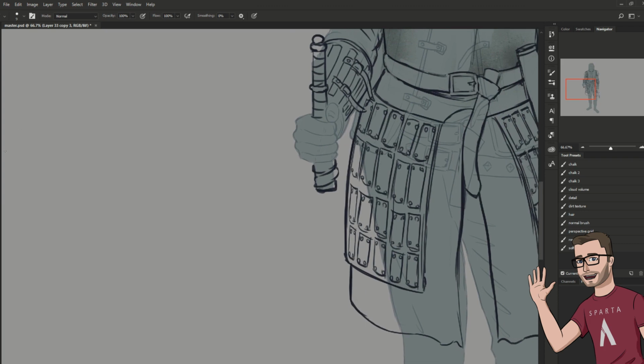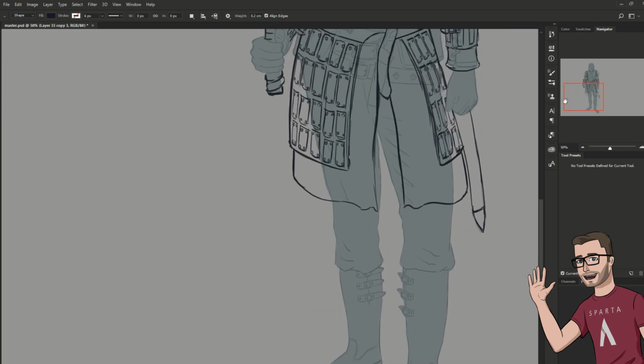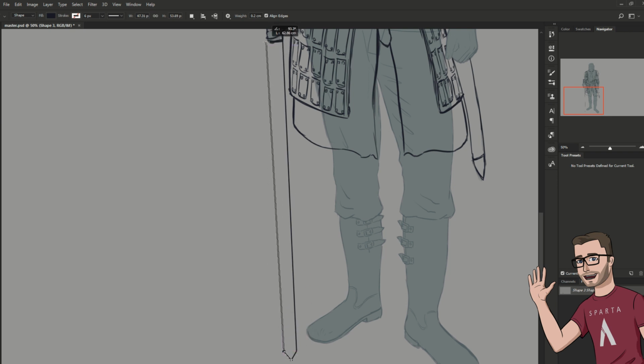Right, the sword. I'm going to use the line tool for the blade, just so I can get it dead straight. There we go. Nah, that's got a taper on it. I don't want any tapering because that's too historically accurate. There we go. So there's just one giant thick bar like that. I mean, some weapons, maybe in the 13th century, kind of had that shape, but